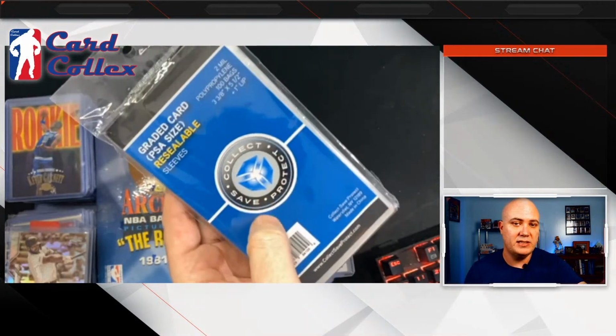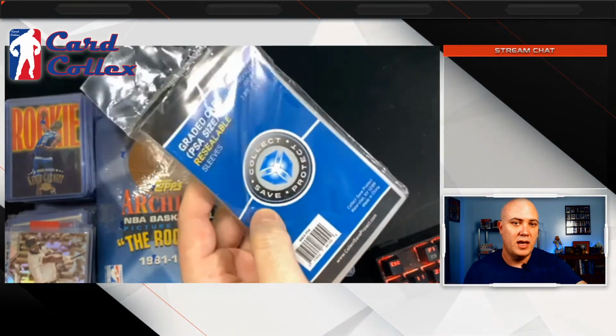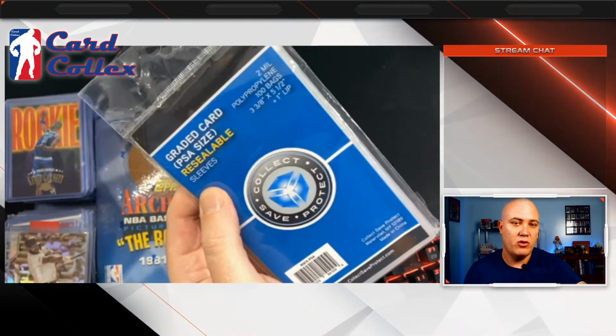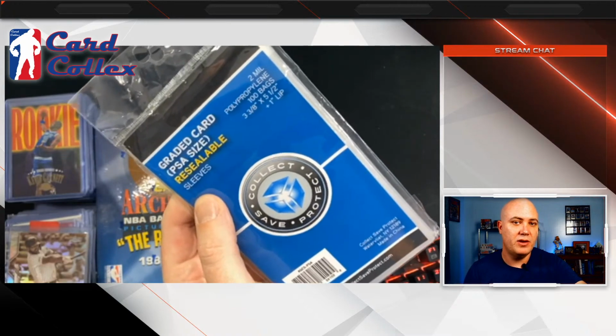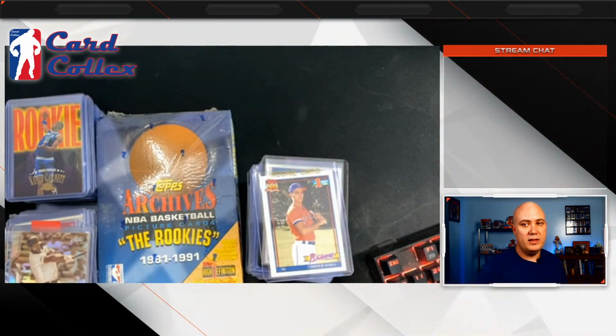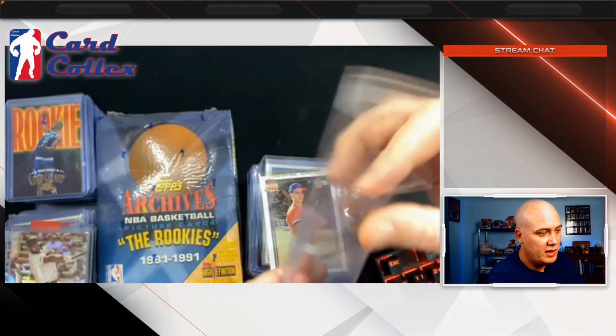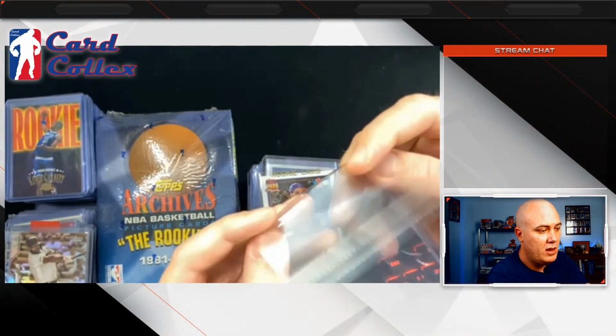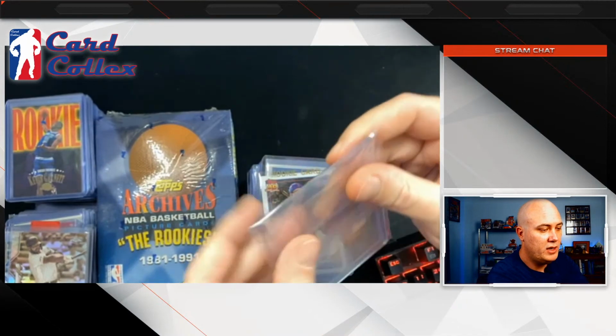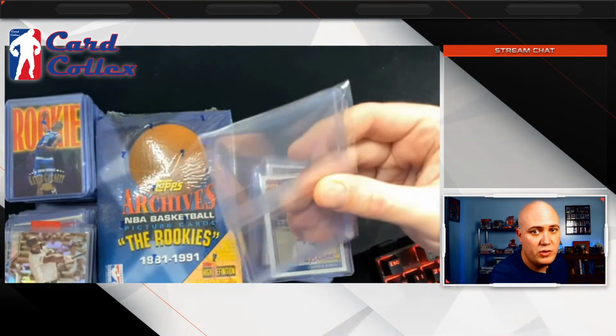These, I really like these. CSP, or Collect Save Protect, PSA graded card sleeves. The reason I really like them is they also work for team bags. You can stick that top loader in there and then fold it over, and it'll keep those cards from coming out and getting damaged.